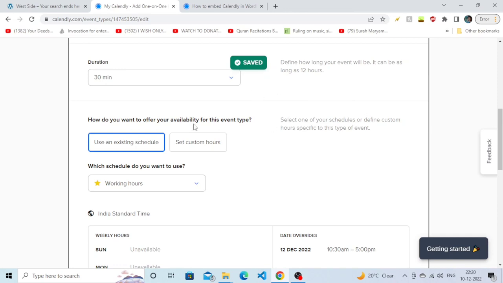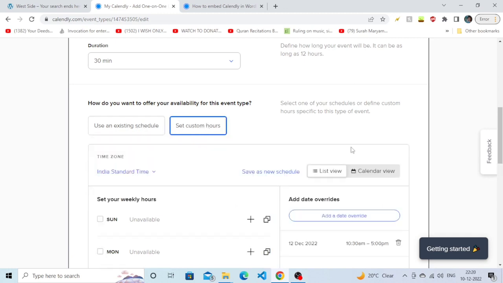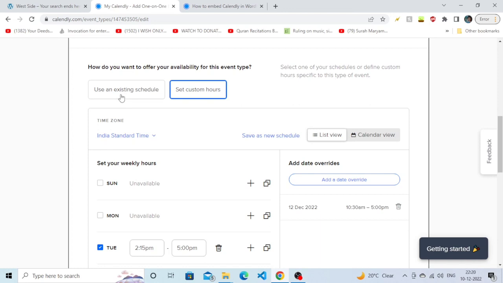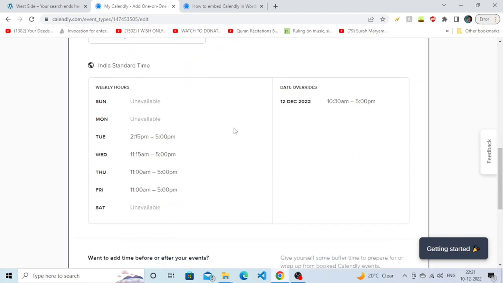It is saved. Now it is asking how do you want to offer your availability for this event type. You can either use your existing schedule, or you can set custom hours. Okay, so I will come to that point and I will show you how you can edit your schedule. I'm just going to simply click on it for now. Okay, so it is showing my schedule,